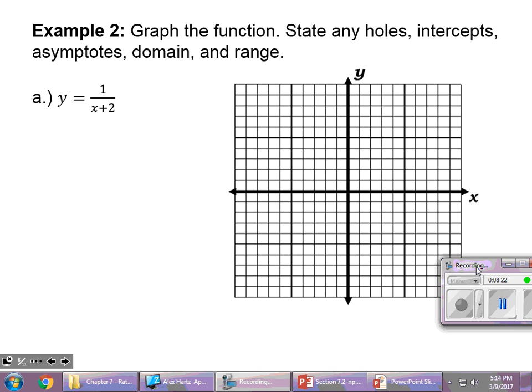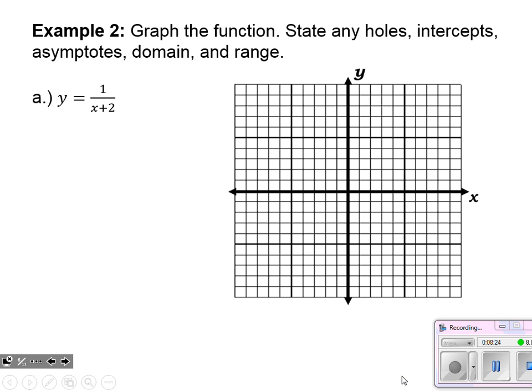All right, the remainder of our examples are going to be practicing those steps in order to answer all these questions about rational functions. So we're going to go right through it. For letter A, step 1, is there any factoring to do? Factoring and simplifying. And in this case, no, there is not. We've got 1 over x plus 2, very, very basic ground level rational function. So there's no factoring or simplifying. We can jump right into our 3 zeros.